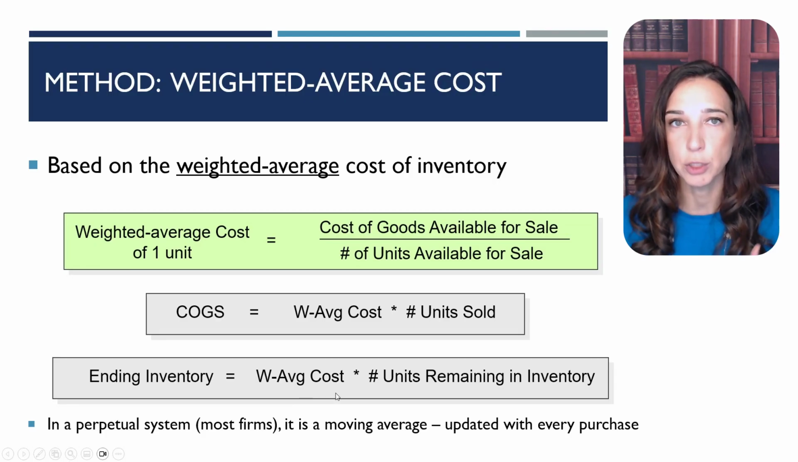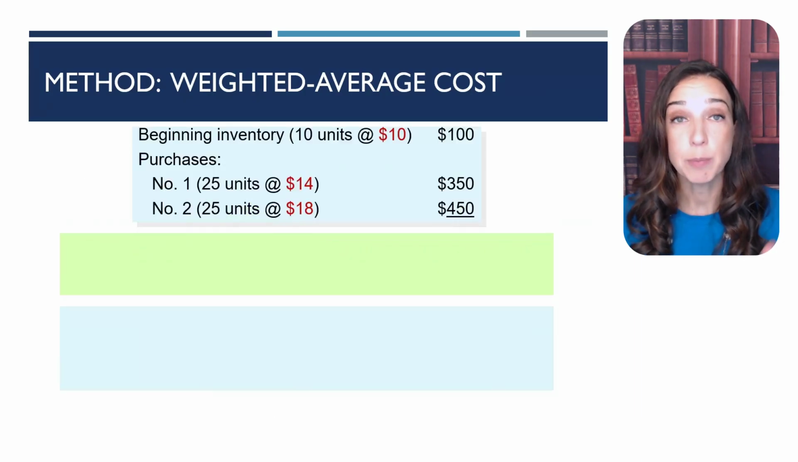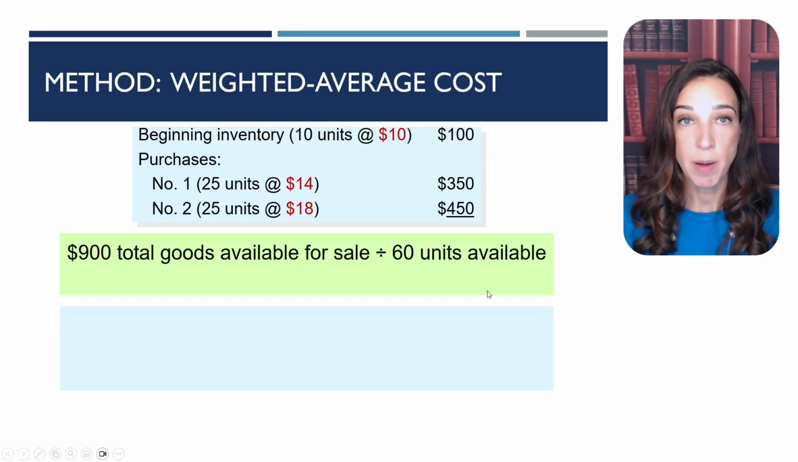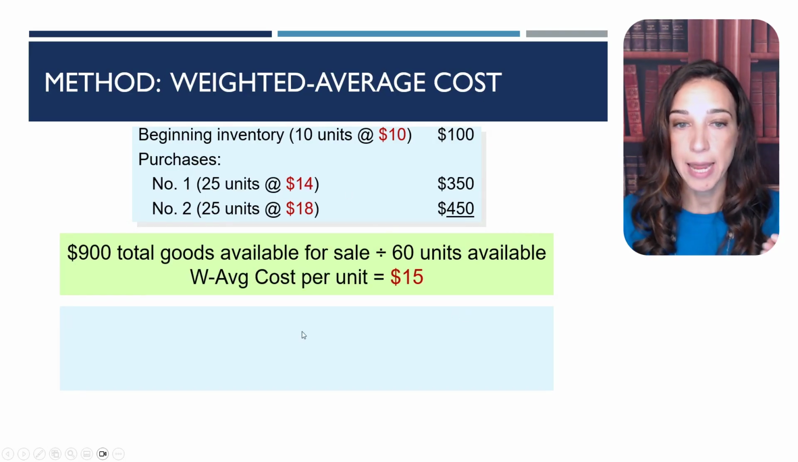It's a moving average, where with computers it's really easy to continuously update our most recent weighted average cost per unit. So let's apply it to our wet umbrellas. The beginning inventory is $100. We have 2 purchases. If we sum up the beginning inventory plus the purchases, we have $900 as the total goods available for sale. We're going to divide it by 60 units,